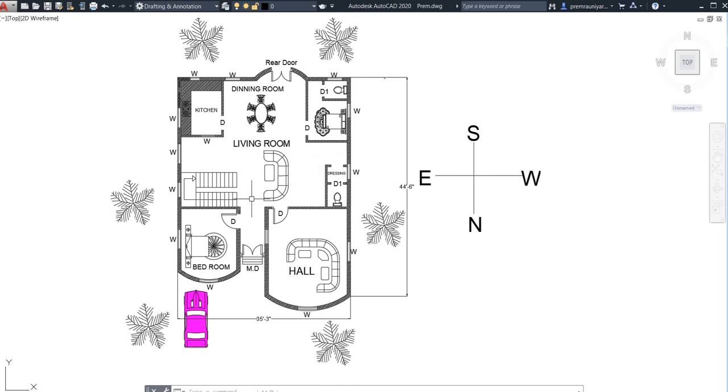But what we generally consider, some newcomers and beginners may not know, and they will get much more confusion about this. So how to know? If you stand and see like this, this will be your north, right? But actually no, it is not like this.